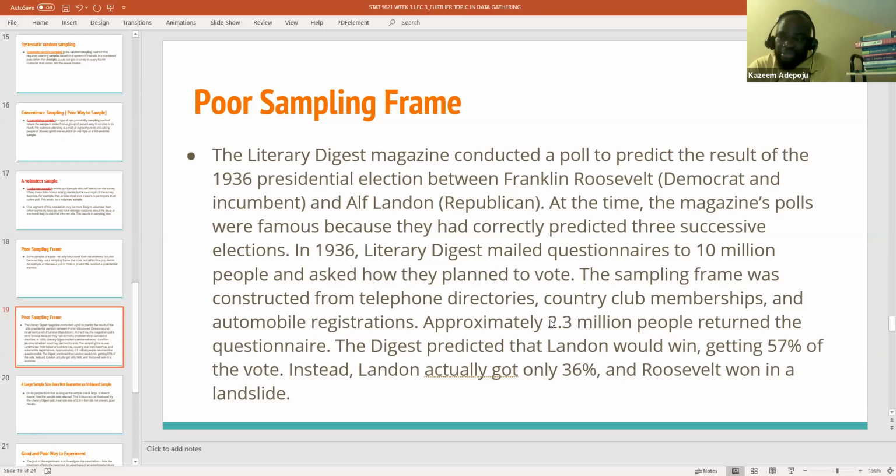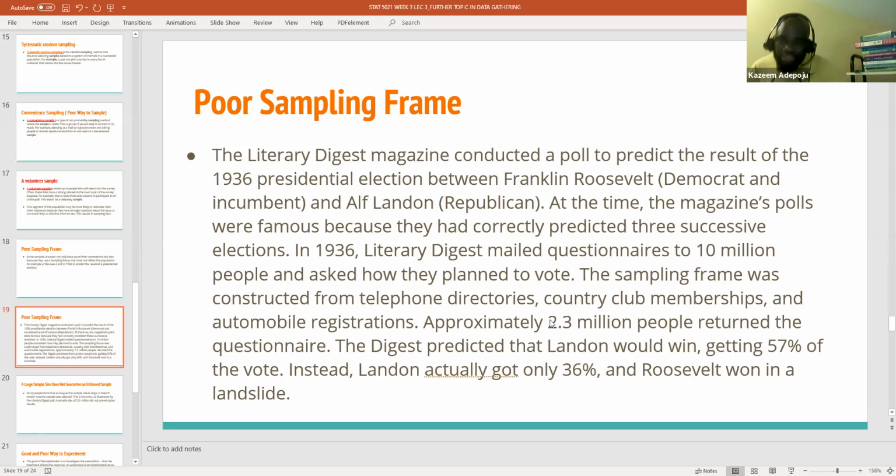And let me tell you this: when you talk about the country club membership, those who have that membership, as at that time, they were mostly Republicans. Okay, and you know what? He actually made out 10 million